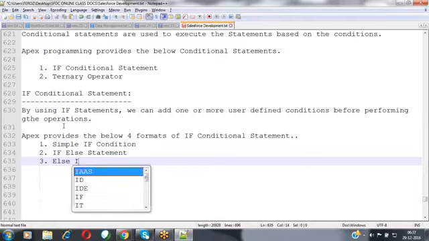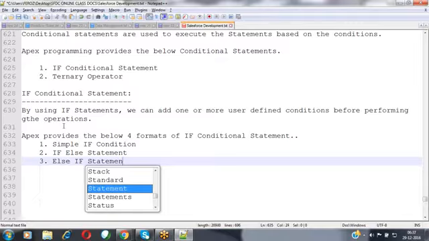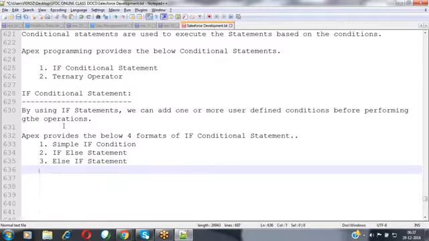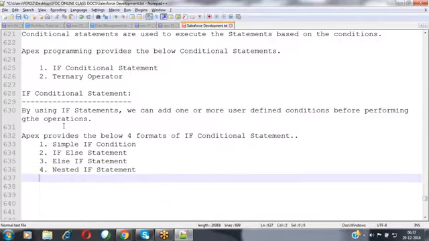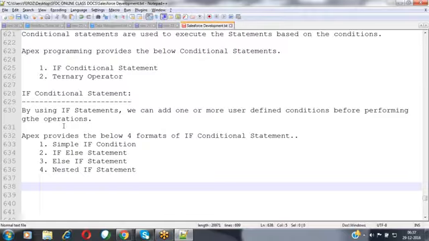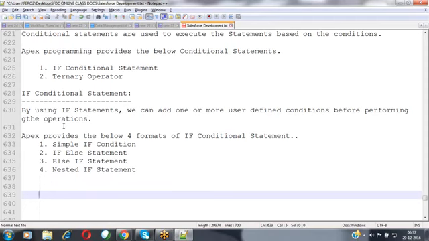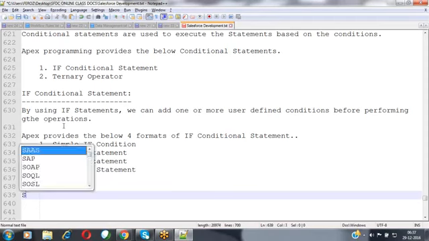Third one is else if statement. And the fourth one is nested if condition. These four formats are available inside your if condition. We'll see each and every format one by one.